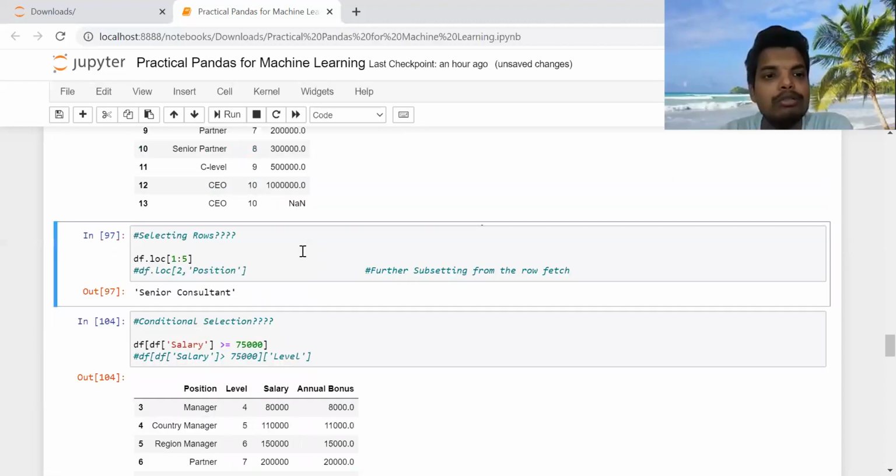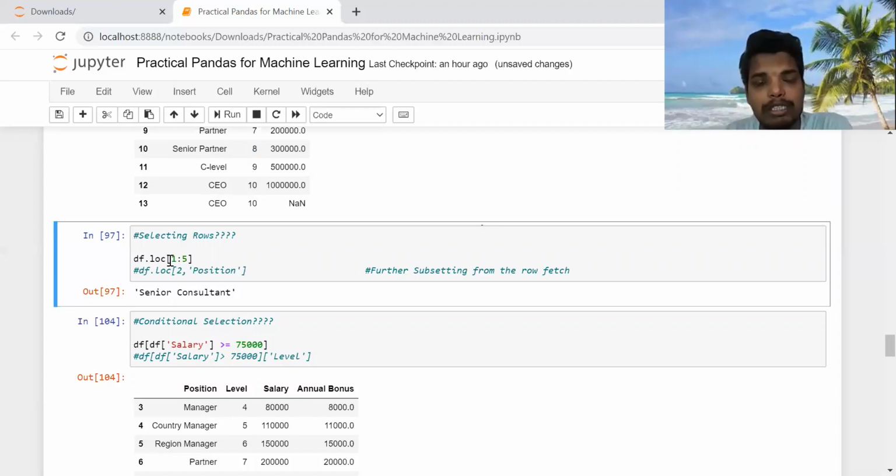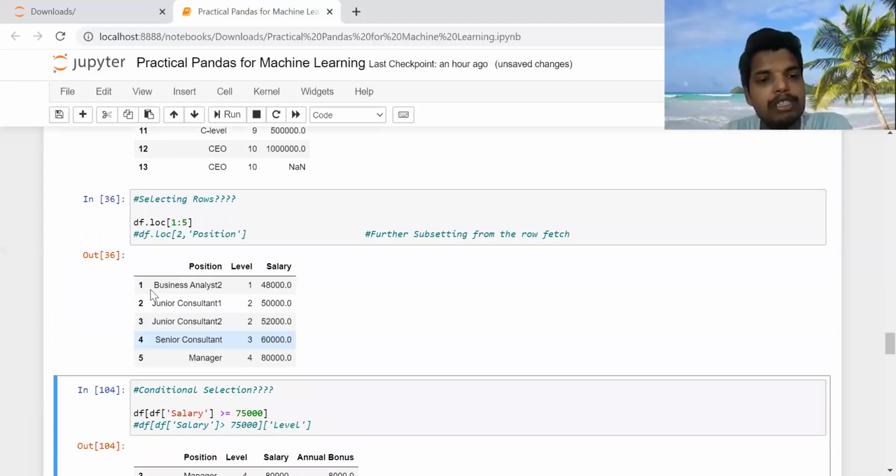So now coming on to selecting the rows, how do we select the rows? With the help of square notation, df.loc, that means the location method. So in square brackets, 1 colon 5. It will show the result starting from the first index to the fifth index.